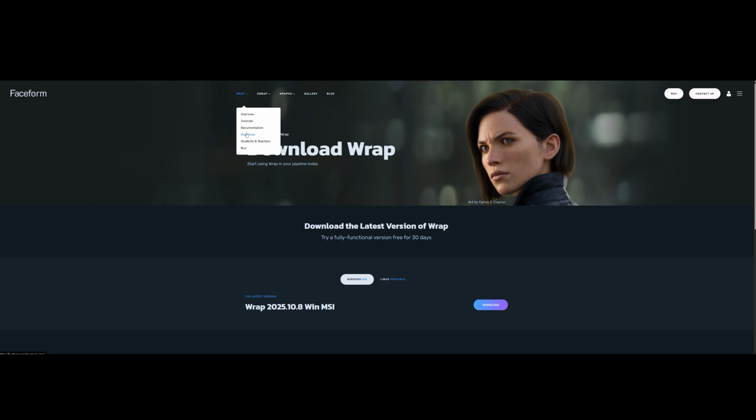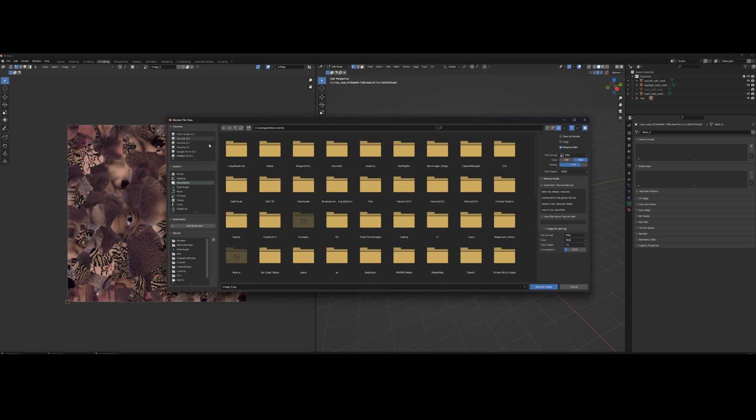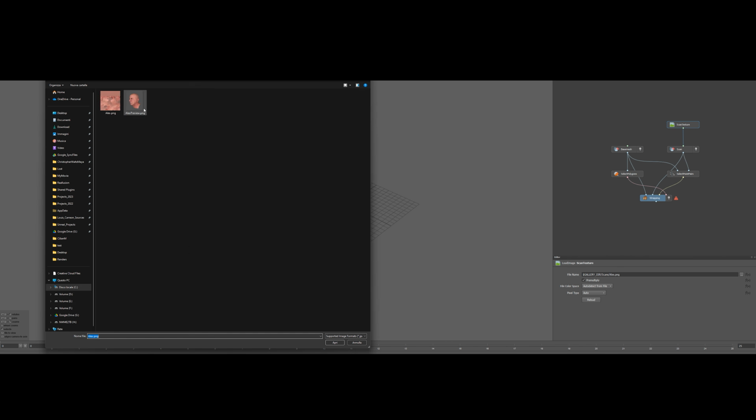There are several ways to do the wrapping. For this tutorial, I chose a FaceForm wrap. They offer a 30-day trial and you can download it from their website. Now we export the texture from the AI model inside Blender and save it as a PNG. In the wrapping software, we need to do 2